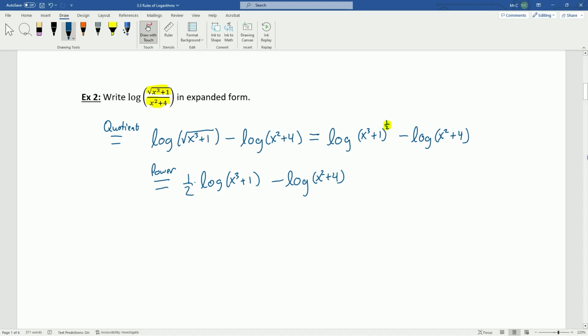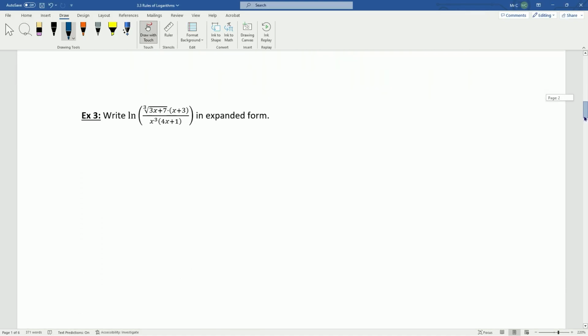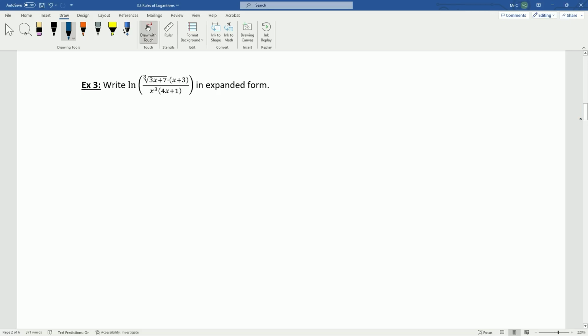Okay, so let's move on to another example. Write the natural log of the cubed root of 3x plus 7 times x plus 3 over x cubed times 4x plus 1 in expanded form. So again, I'm going to start with the quotient because I've got all of this thing up top divided by all of this thing in the bottom, right? So I can't do a product really because there's no product of just two things. There's a product of a bunch of different stuff that's also being divided. But I can separate this into one big thing divided by one big thing. And so this becomes, under the quotient rule,